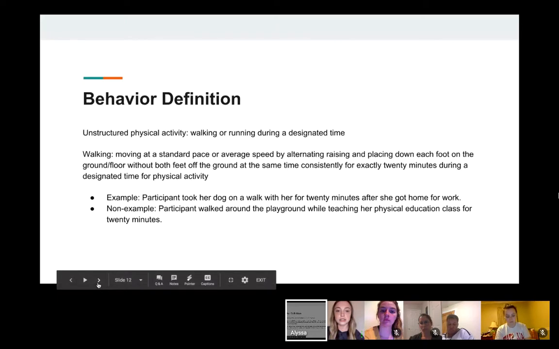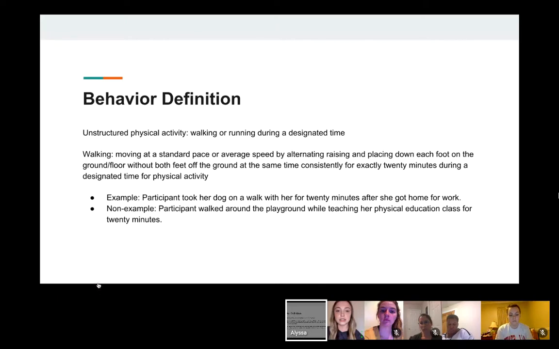To define our behaviors, we had unstructured physical activity, which is walking or running during a designated time. Walking is defined as moving at a standard pace or average speed by alternating raising and placing down each foot on the ground or floor without both feet off the ground at the same time consistently for exactly 20 minutes during a designated time for physical activity. An example of this is a participant took her dog on a walk with her for 20 minutes after she got home from work. And a non-example is a participant walked around the